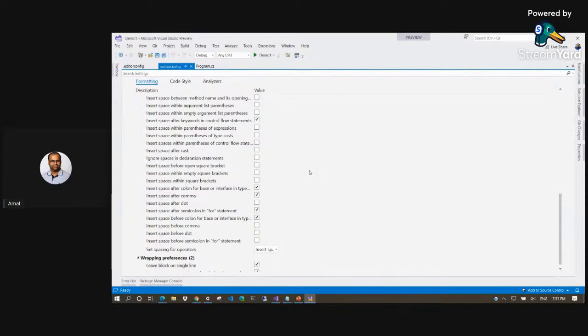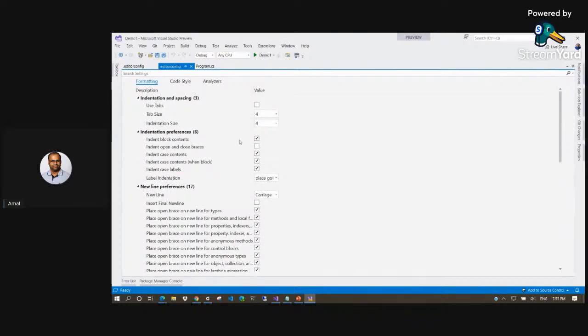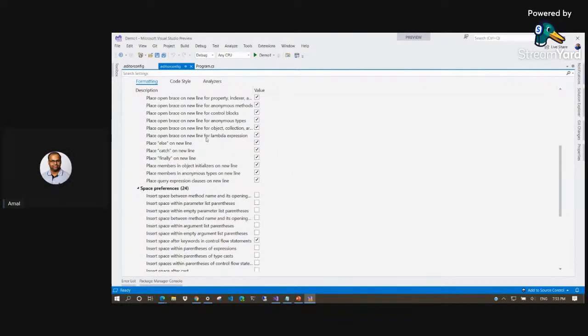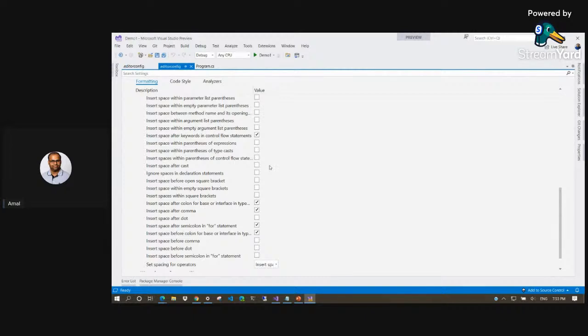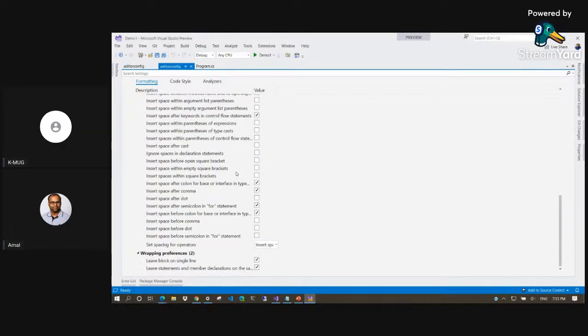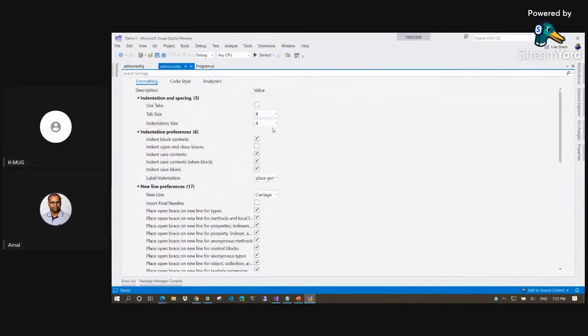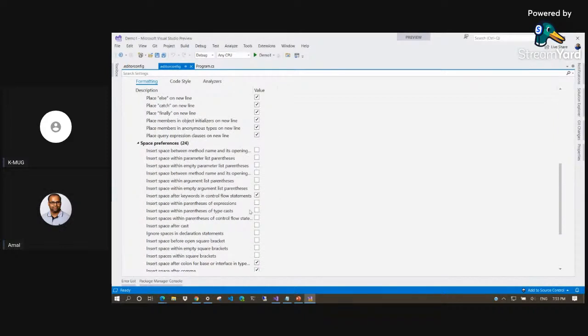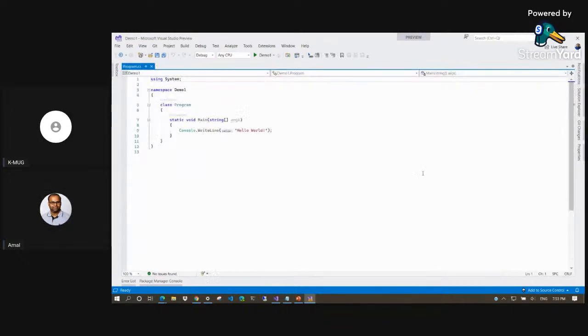You will get a UI for that. So rather than playing with the code, it's very easy to do modifications from the UI itself. You can set up the tab preferences, indentation sizes, the features you want to turn on or off, and all those things you can do from the UI itself for the editor config file. So that's